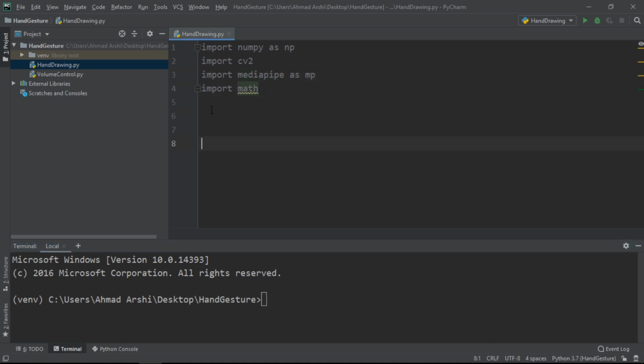The first thing we have to do is capture the video from the webcam. I'm using my default webcam, and you can go for any webcam you have attached to your machine, but the usual convention is to go for the default webcam. For reading that, we go for cv2.VideoCapture.